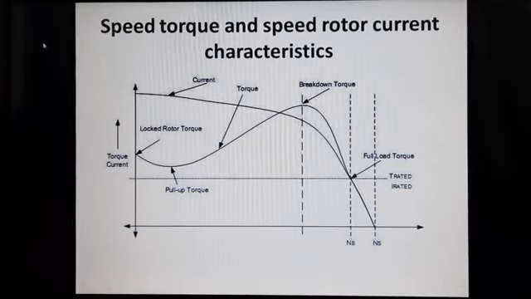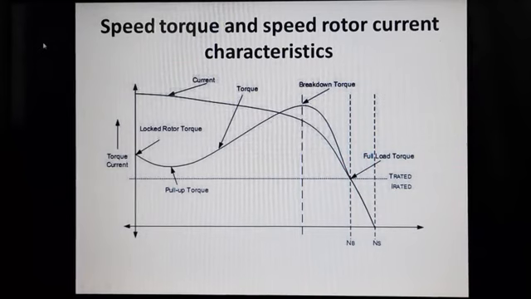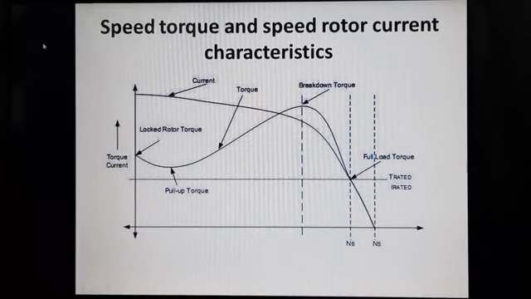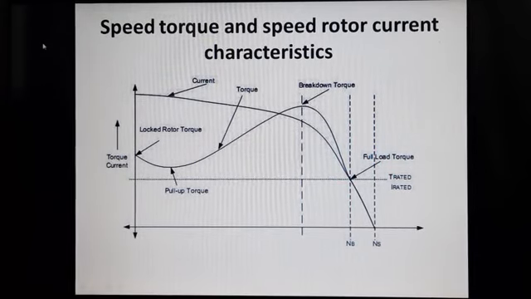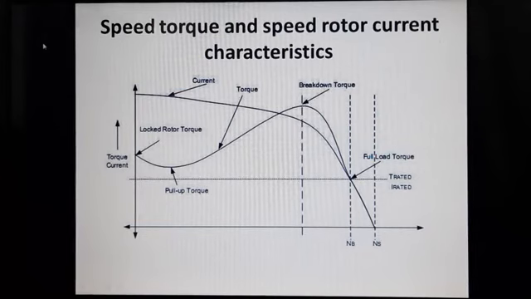Next, we will look into the high slip region. In the high slip region, as you know, the value of slip is quite high. So we will not be neglecting the s Xr dash square term. Compared with the s Xr dash square term, the Rr dash term will be quite small, so Rr dash square will be quite small. So we will be neglecting the Rr dash square term in the denominator. So the denominator will be left with a single term, that is s Xr dash the whole square. So this denominator is having a square and the numerator is already having an s.